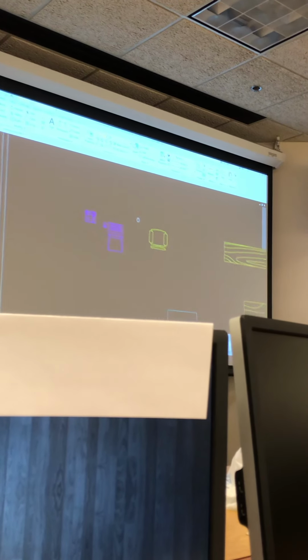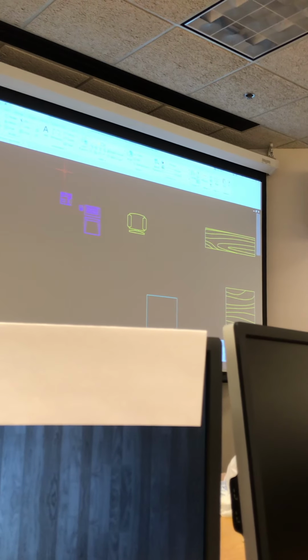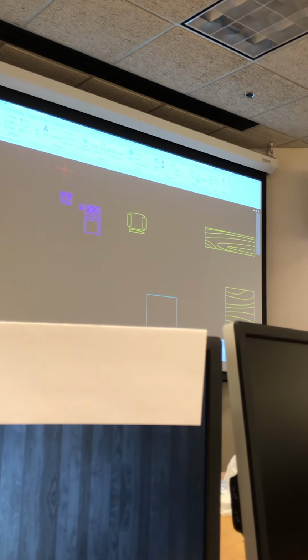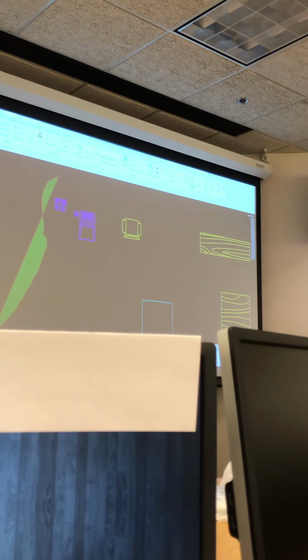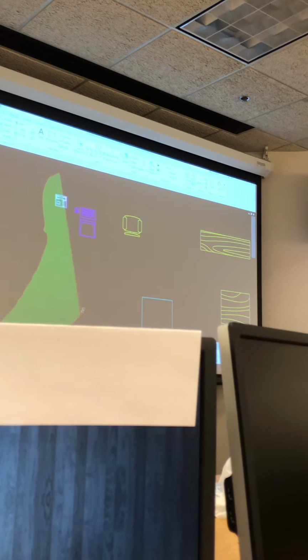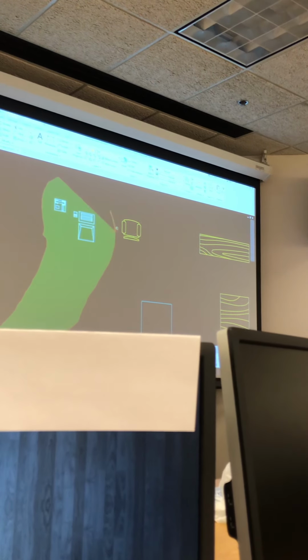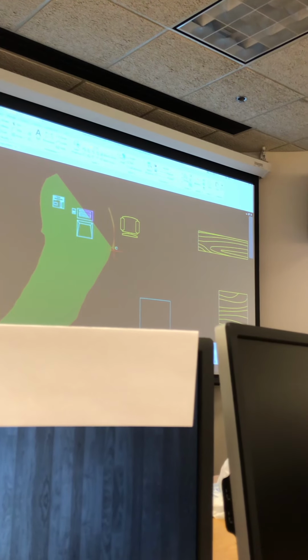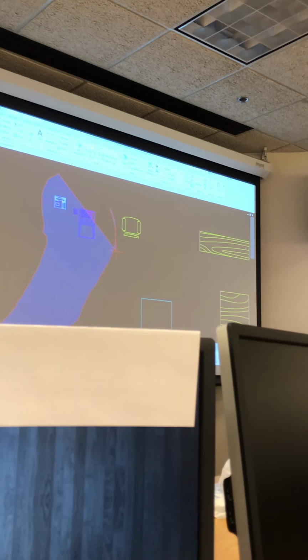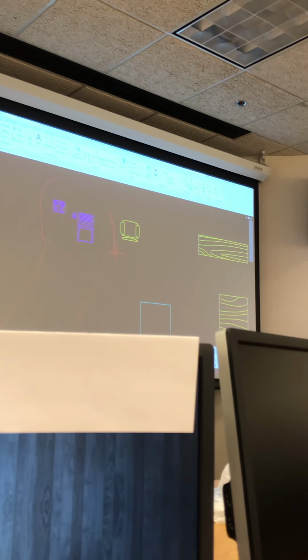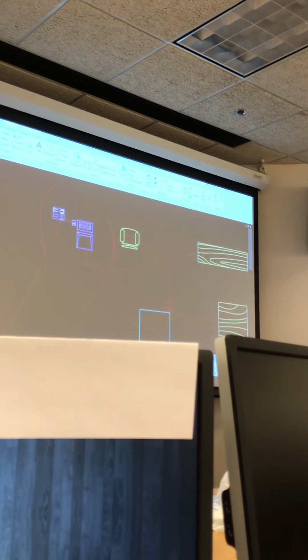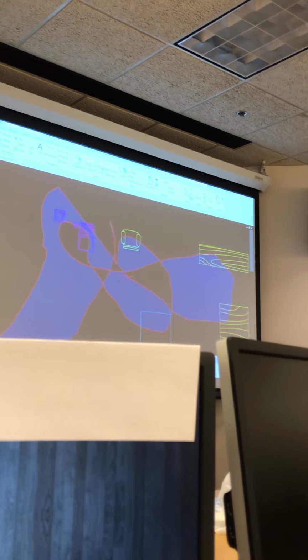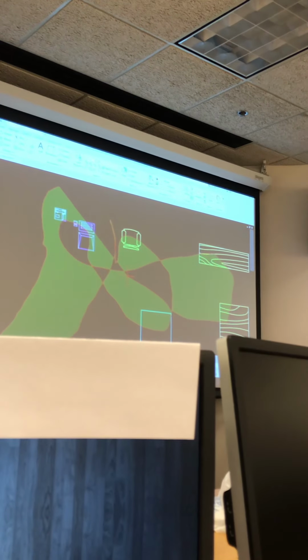Now, one of the things I want to point out with the lasso, when you pick a starting point, take a look at your command line down here. It says press space bar to cycle options. So if I hit the space bar, it'll go from a crossing window to a window to a fence. So anything that crosses the path will be selected. So you basically have 3 options with the lasso, and that's why it's very